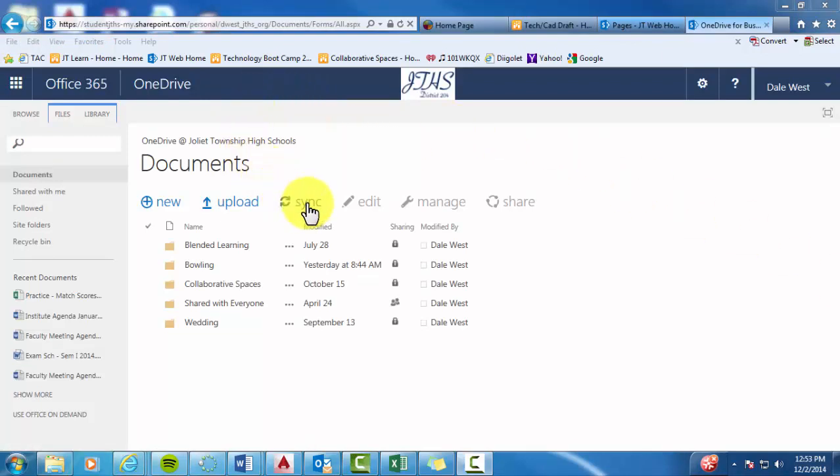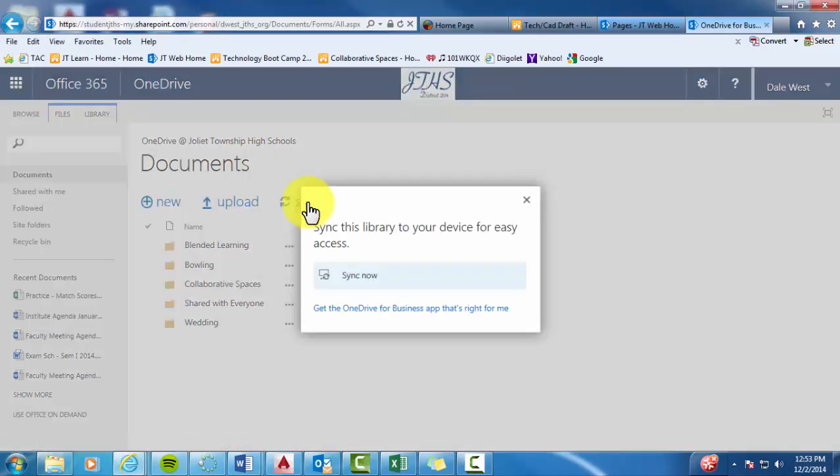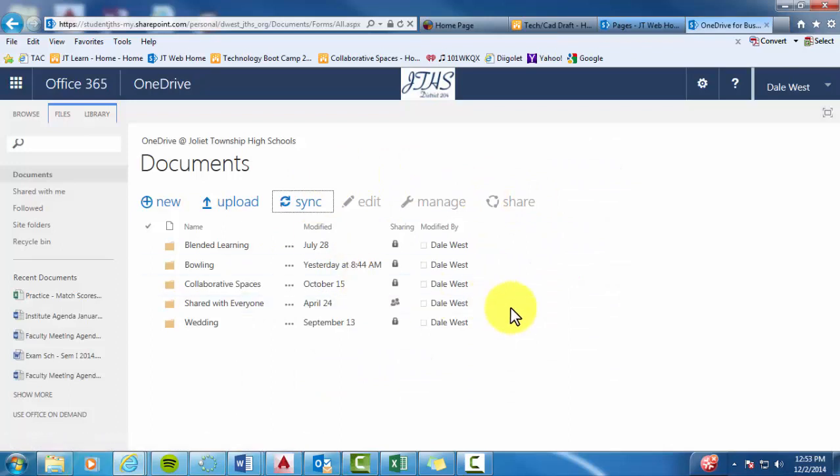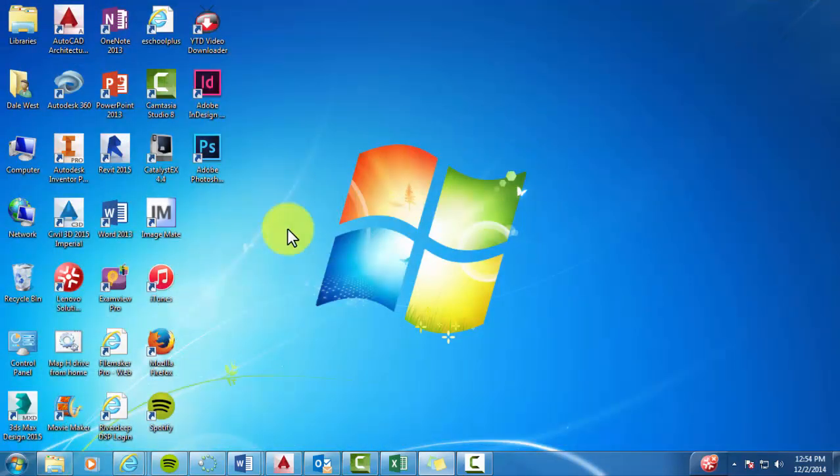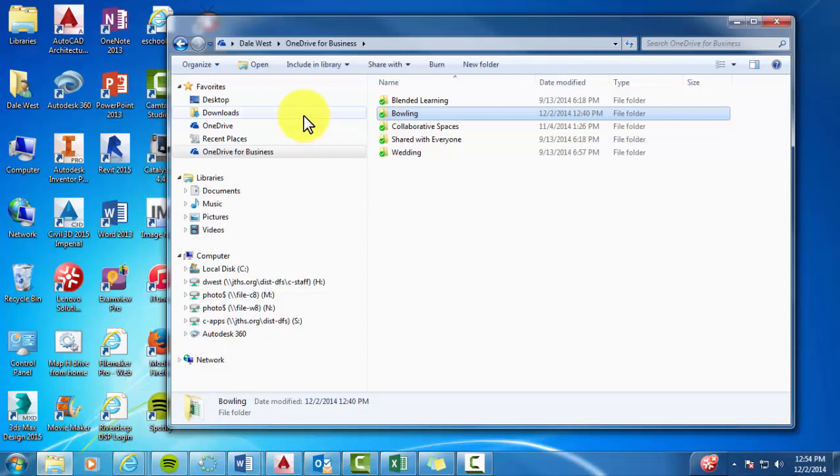I'm going to go ahead and click on Sync, and then click on Sync Now, and it may give you some other prompts. You can just click through those and say yes, and then after you're all done, when you go back into the libraries or My Computer, you should see OneDrive for Business,